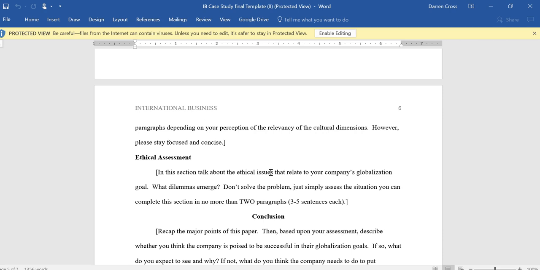Now, when you're doing this analysis, I don't want you to be judgy. I don't want you to say, well, this ABC Corporation is doing this, and it's awful that they're going to pay these people $1 a day. The whole point of doing an ethical assessment is to look at all of the stakeholders and to see how this might impact them. So, for instance, if you take a factory over to an area where the prevailing wage is $1 a day,